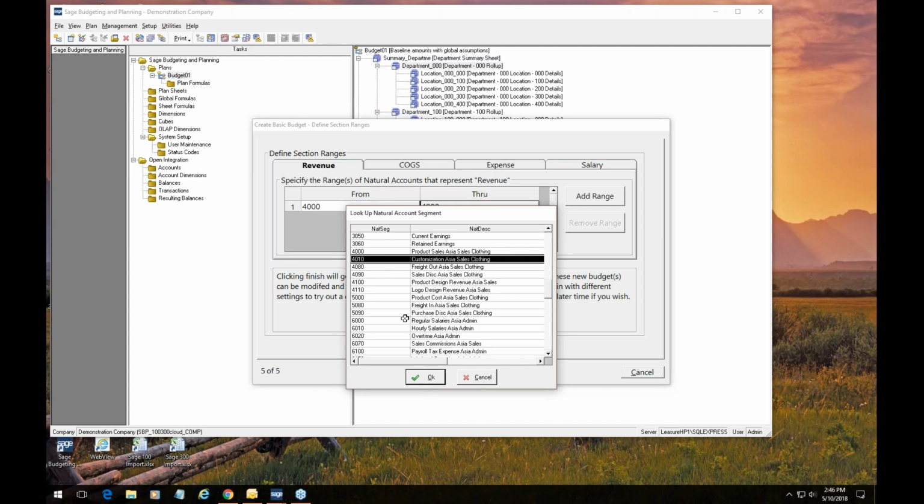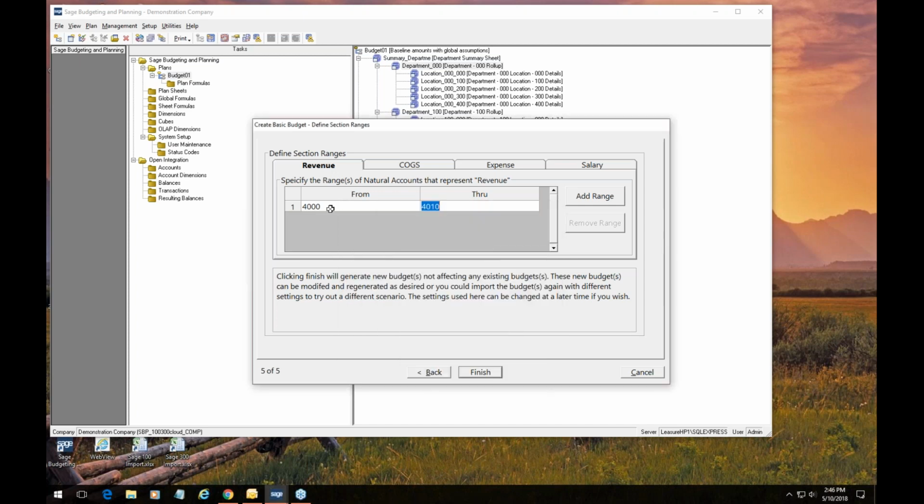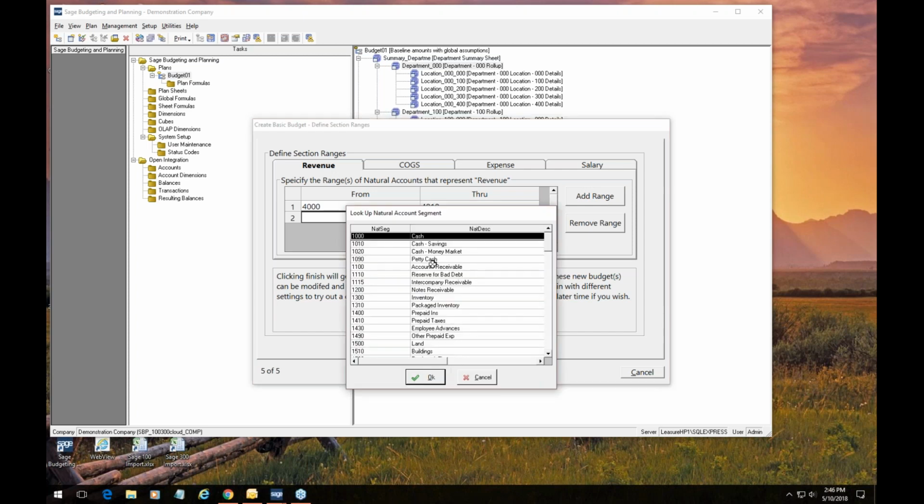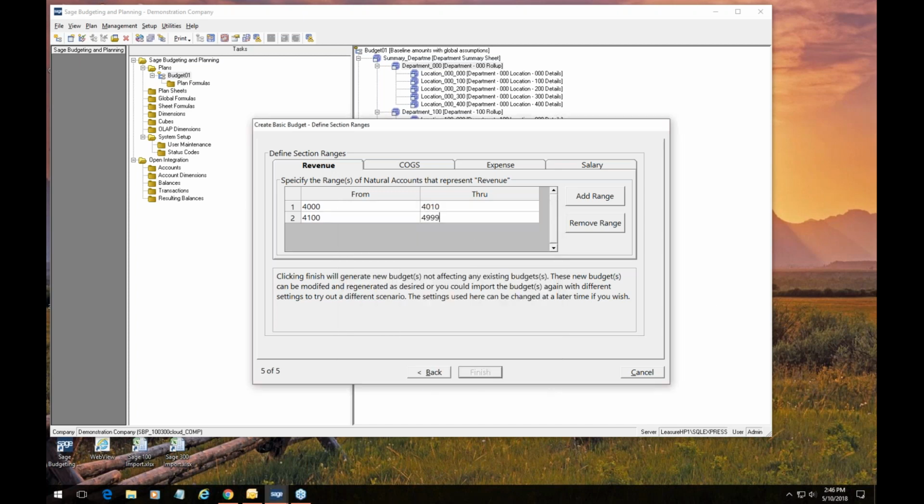So if we have that kind of a situation, I just want to show you the software allows for that to happen. So our first range goes from 4,000 to 4,010, and then we can add another range in here. And here we'll go ahead and pick up then with the product design 4100, and rather than ending at 41110, we'll go ahead and just end it at 4999. But I just wanted to show you we have that possibility of having multiple beginning and ending